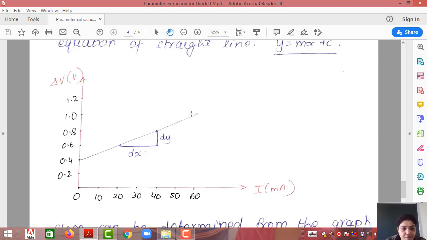So we've shown the straight line like this, or you can get a straight line passing through 0.2, or through 0.8. That value will be known as the zero ordinate. Also, you can find the slope of the straight line as dy by dx. Take any two y coordinates' difference and any two x coordinates' difference, and you will get the slope as dy by dx.